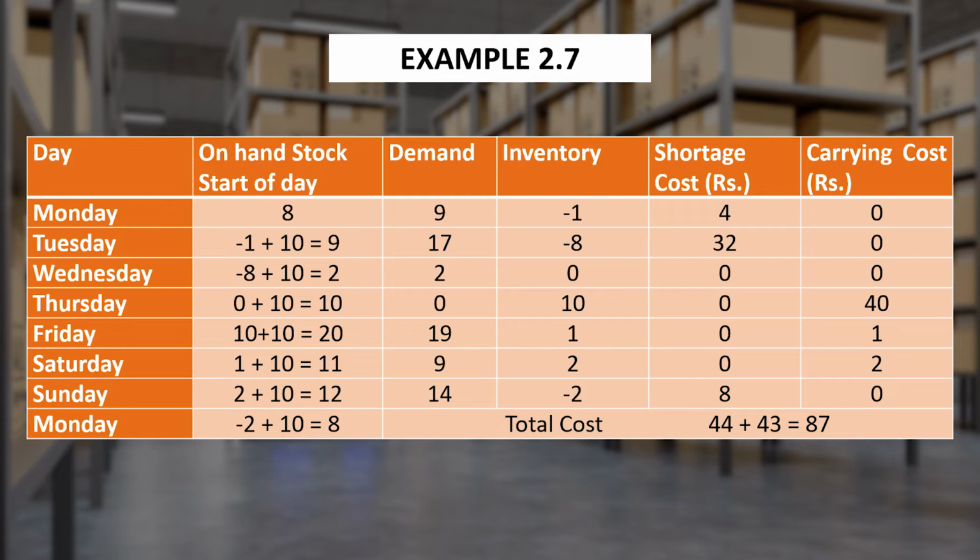Since the shortage cost is 4 rupees, you are calculating the shortage cost on both ends, and we will carry the holding cost also. We have 2 times or 3 times holding at the end of the day. One is 10, so 4 rupees, and 1 and 2 with the help of ₹1. If you add the 2 columns on the right side, the total cost will come as 44 plus 43, which is 87. So this will be your total cost.